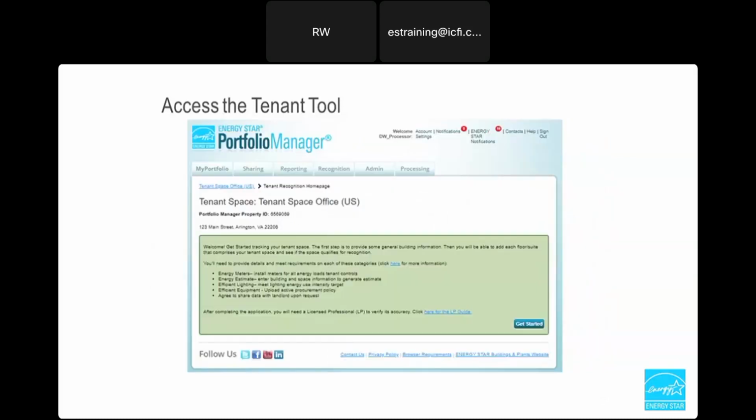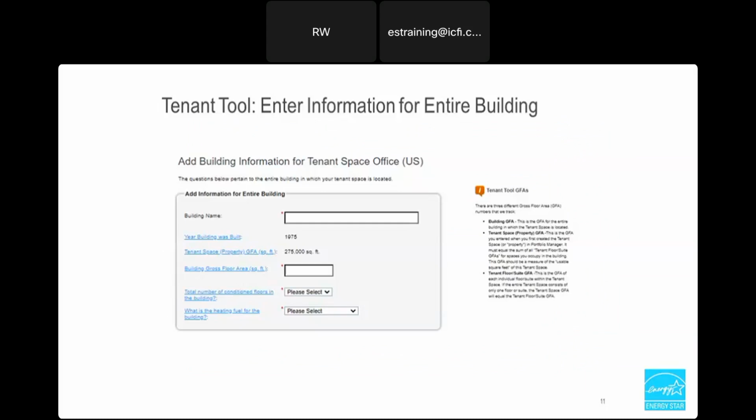The first time that you visit the tenant tool, you'll be directed to the initial landing page. After initial setup, this will bring you directly to the tenant space homepage. As a first step of the tenant space application process and prior to entering information specific to your tenant space, you will need to answer a few questions related to the whole building. This information helps calculate many of the metrics that are needed for your tenant space as part of the application process. You may need to reach out to your landlord or property manager for the information that you will need,